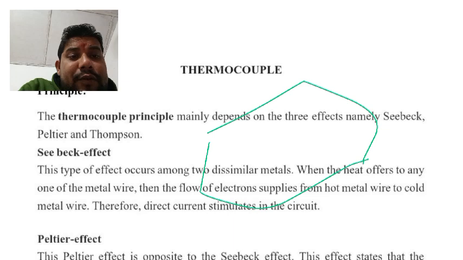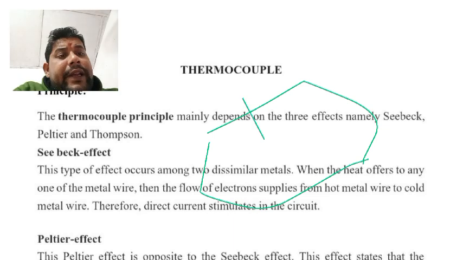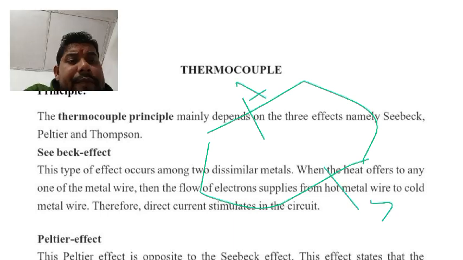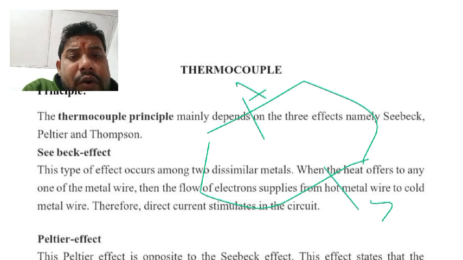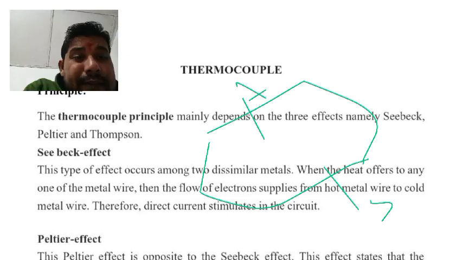When two dissimilar metals are joined and heat is applied to one of them, then